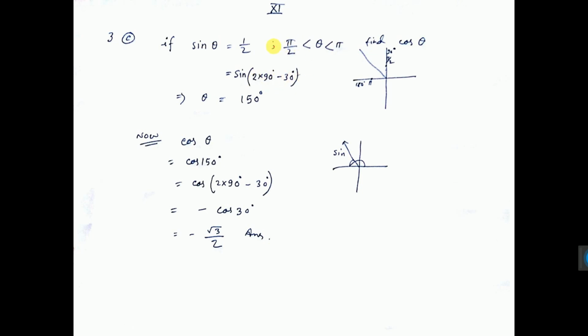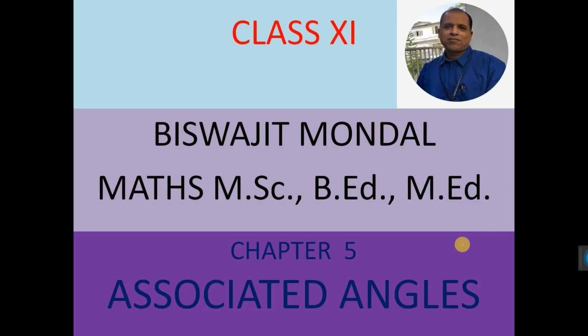Similarly, this sum also we can do, that's not a problem, because here it is between 90 and 180. So this is in the second quadrant, and we know how to go in the second quadrant: 2 into 90 minus 30. Actually 1 into 90 plus we can also go, but in that case, 1 into 90 means sine will become cos. That's why we cannot do it, because it is sine. That is why we cannot bring it in cos. This one also is the same thing. So that's all for this video.